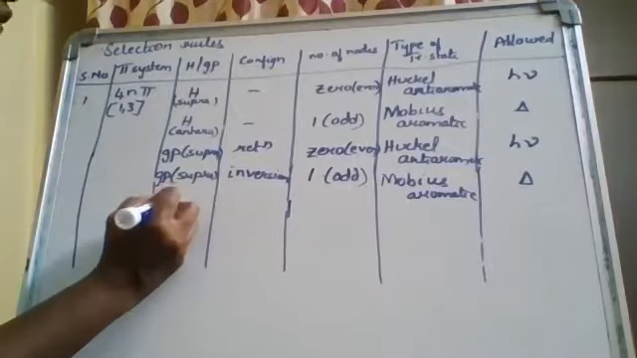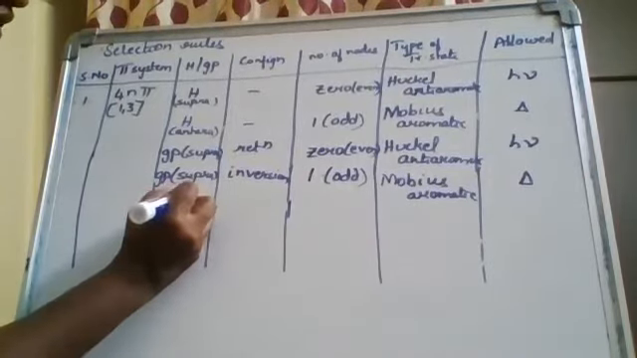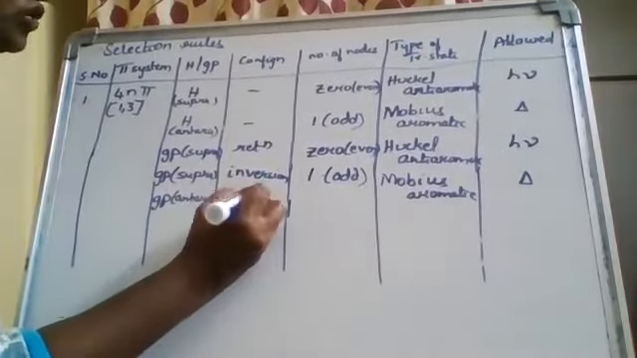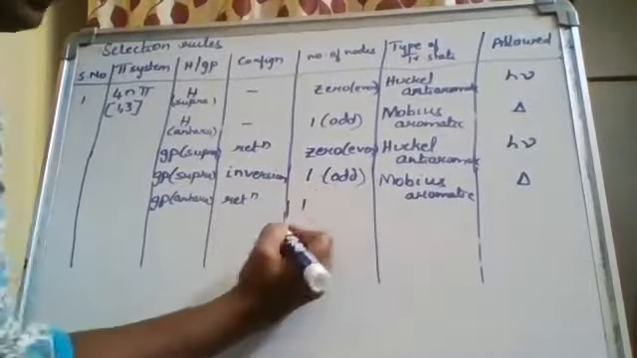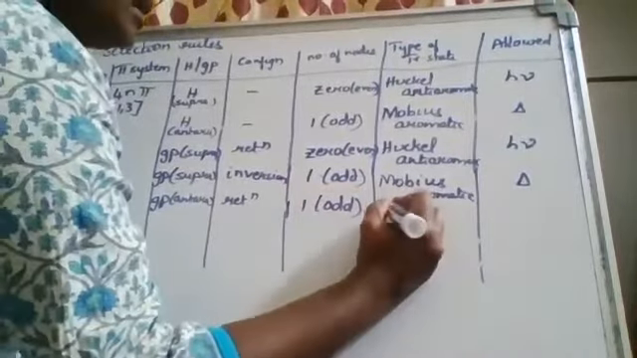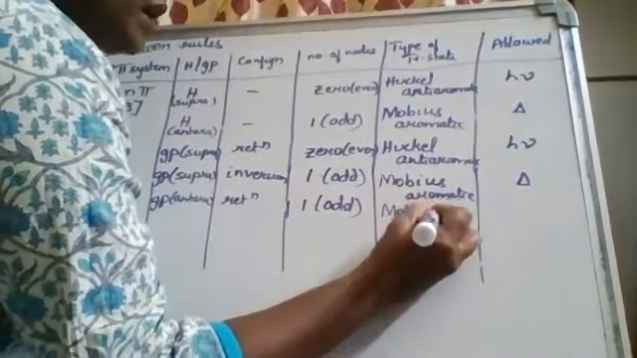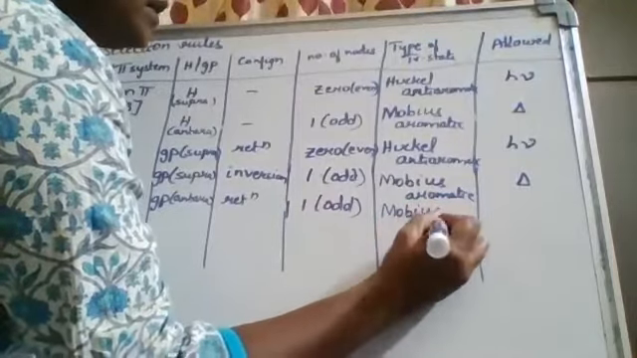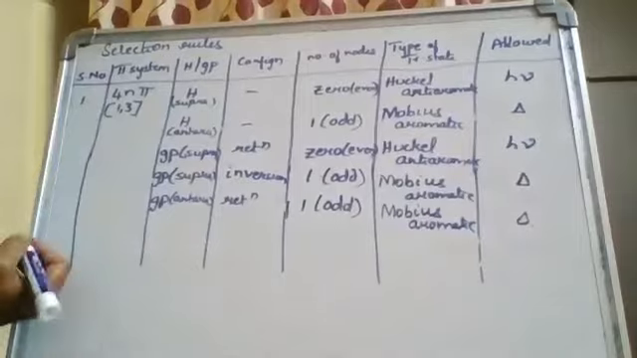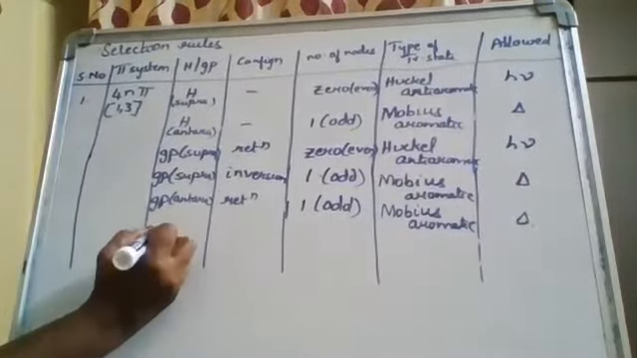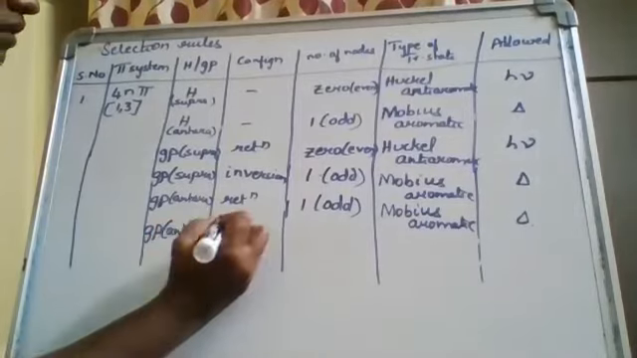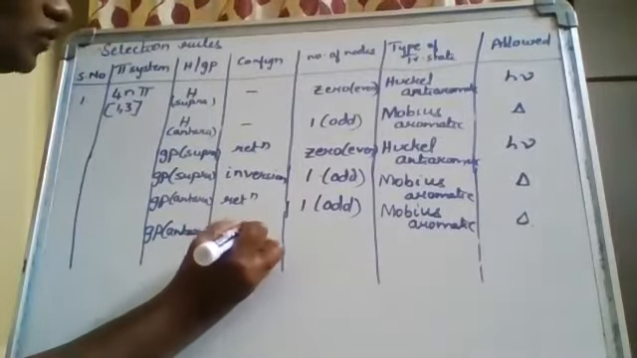Again, group migration, antarafacial with retention of configuration, one node, odd number of nodes. It is a Mobius aromatic transition state, allowed thermally. Group migration, antarafacial with inversion of configuration,